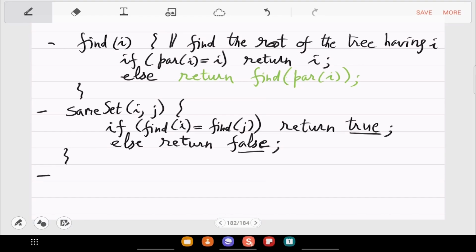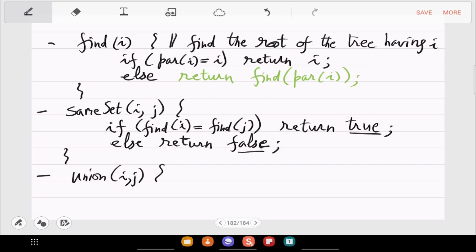And finally the union. So what do you do in the union? At least for now the placeholder code is here in green.